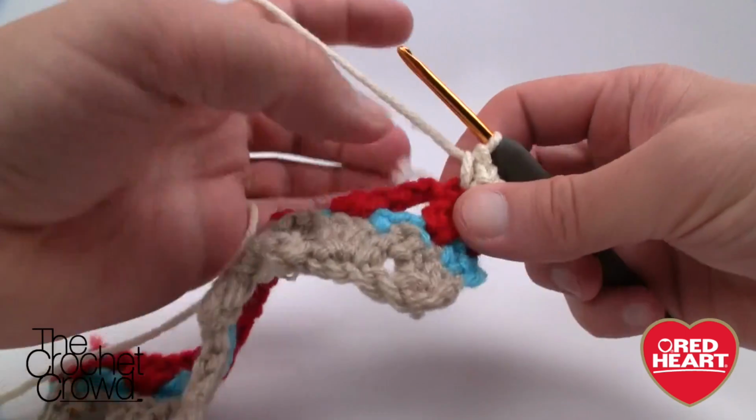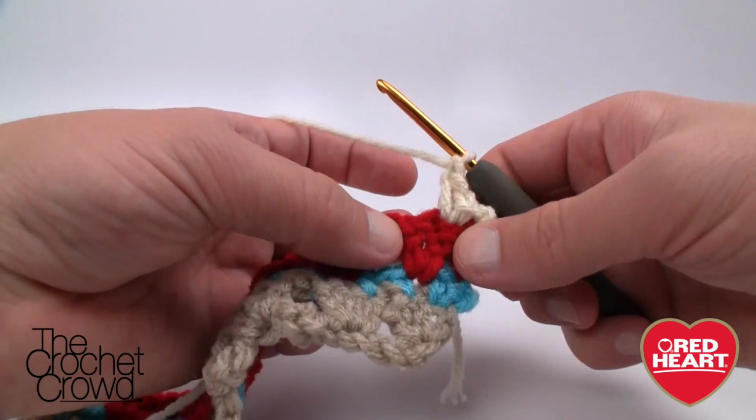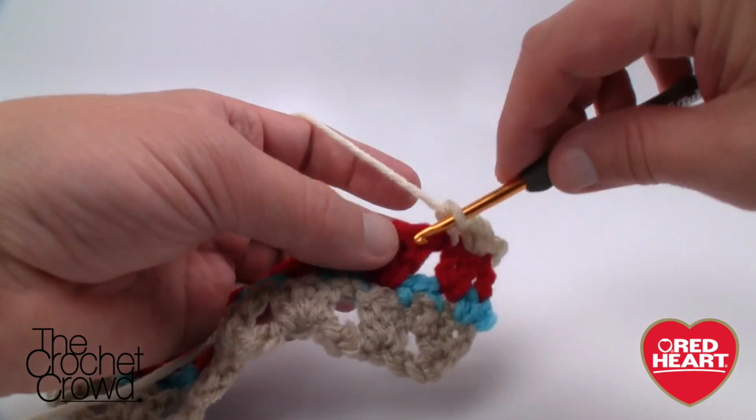Okay, and I'm going to pull everything tight. Now what I want to do is chain 1 and then come onto the last one here, and simply do what we already know. So we chain 1, come to the first grouping of the 3,